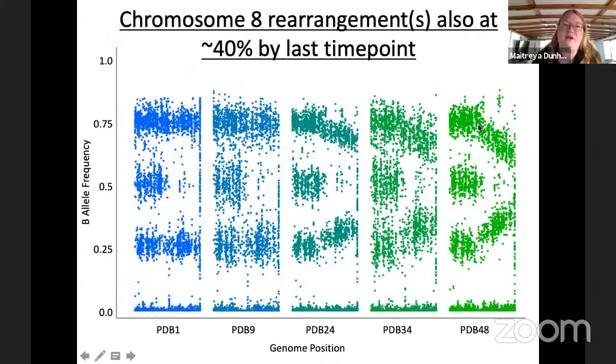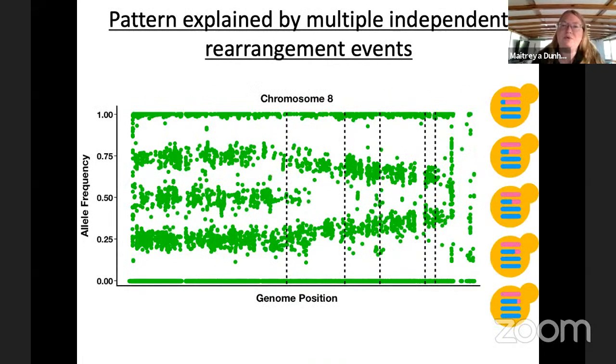So here's what that data looked like for chromosome 8 from the brewing time course. What you can see here are all the different haplotypes on this arm, but this arm has just the 2 that are 3 to 1. Over time, what we saw is a shift at the end of the chromosome to be more of a 50-50 mix. This pattern, a gradual shift, we initially didn't understand until we started sequencing clones. What we found is that this represents a large population of independent recombination events, which are sweeping together as a cohort. So it's massive clonal interference, right?